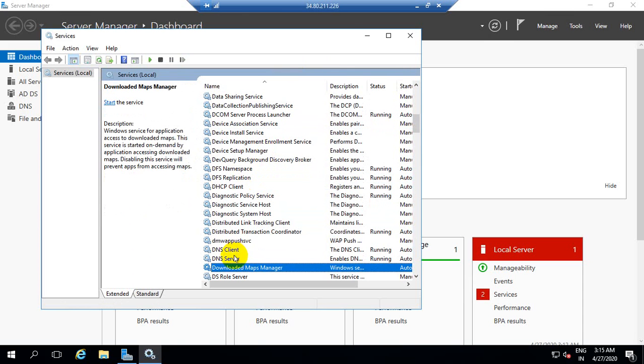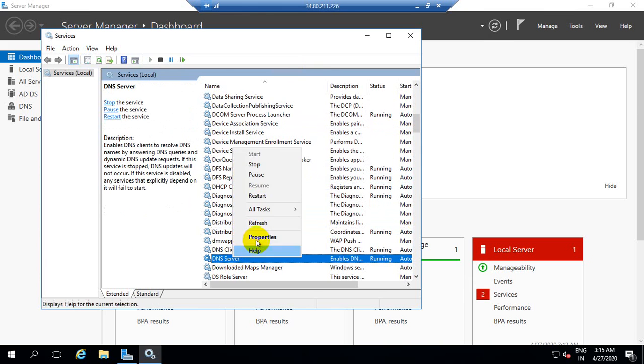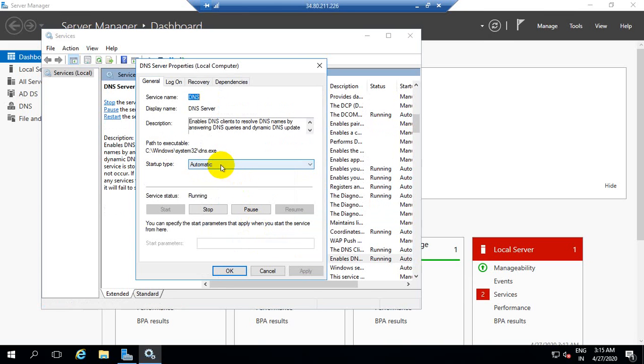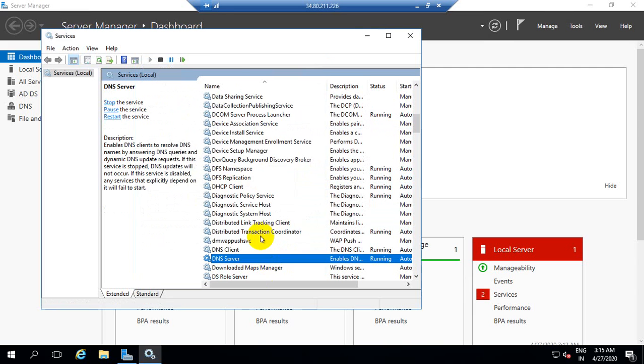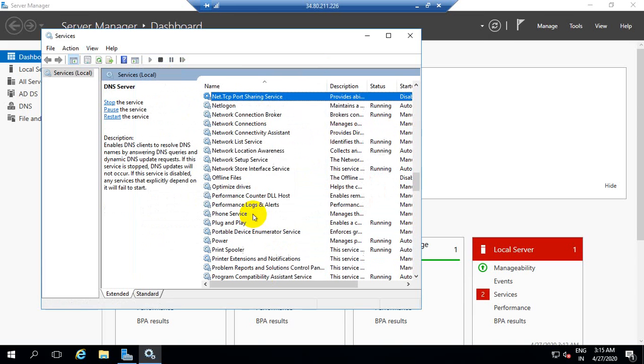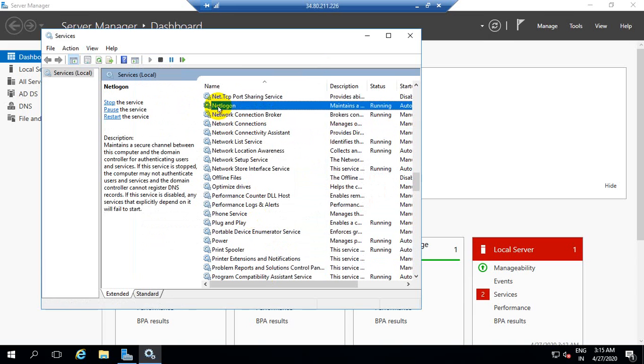DNS server. Alright, right click, properties, see it is also automatic and it's been enabled. DNS server services also enabled. Next, very important, is NetLogon. NetLogon, it is running, you can see, and it also needs to be